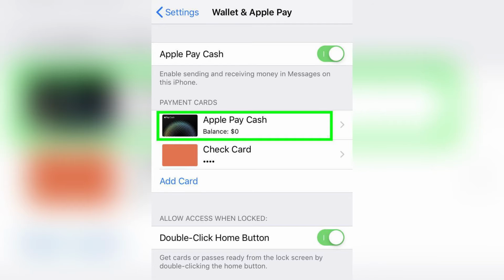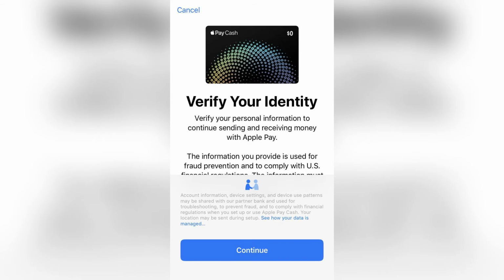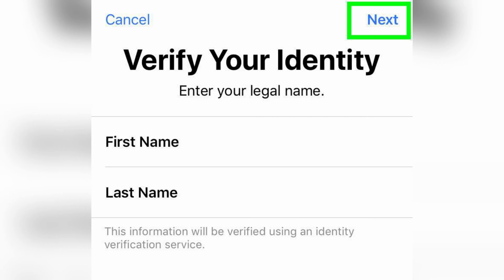Now, you need to enter your personal information. Enter your first and last name, then tap Next. Enter your street address and zip code, then enter the last 4 digits of your SSN and your date of birth, then tap Next. Now, you need to answer additional verification questions like you may be asked security questions based